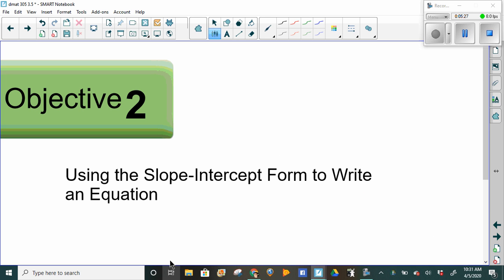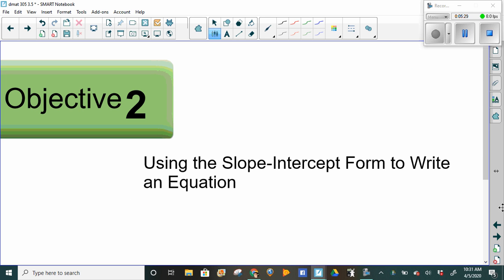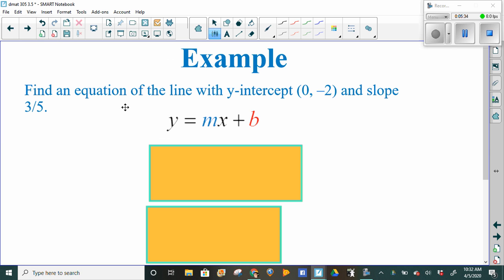All right, the next thing we're going to do is we're going to use the slope-intercept form to write an equation. So find the equation of a line that has the y-intercept of 0, -2, and a slope of 3 over 5. So now instead of me giving you the equation and you give me the slope and the y-intercept, I'm going to give you the intercept and the slope, and you're going to write the equation. There's nothing to do here except plug the numbers in. So we know m is for mountains, and mountains have slope. So if slope is 3 over 5, then that means I'm going to replace